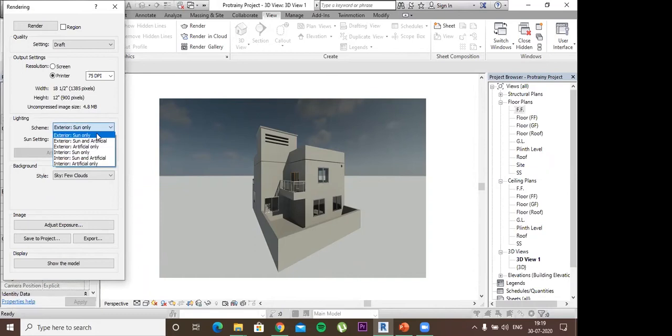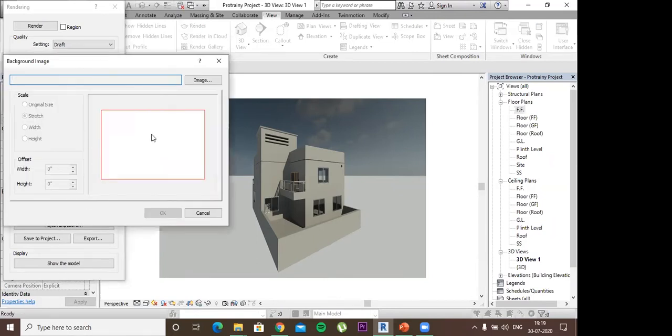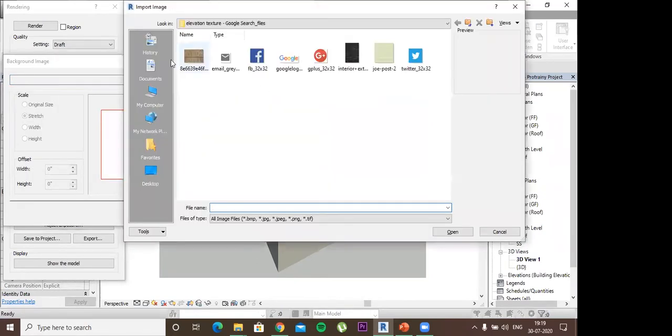You can also choose how many clouds you want in your render. For example, if you don't want any clouds, you can select no clouds or very cloudy. You can also apply an image for the background. For example, I want an image in the background, so I'll select an image.